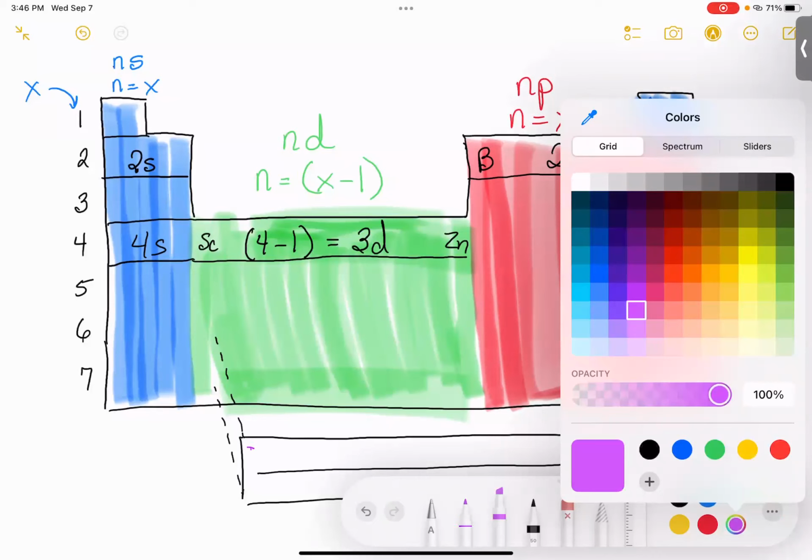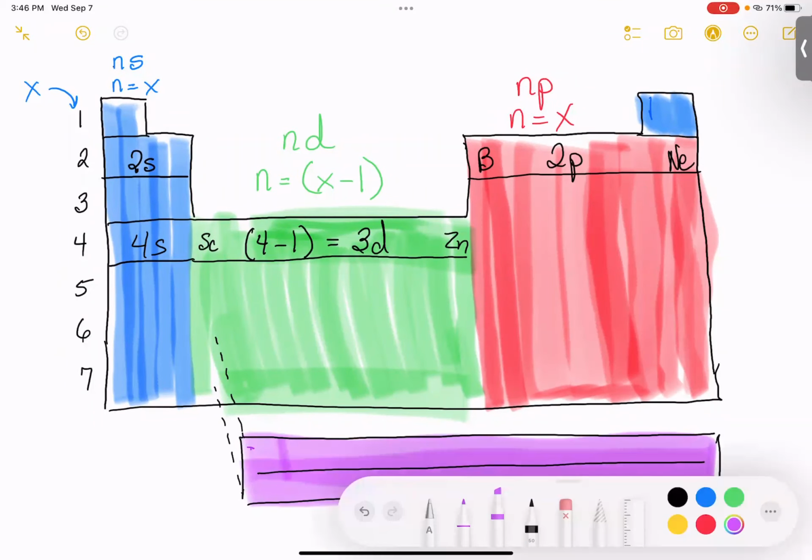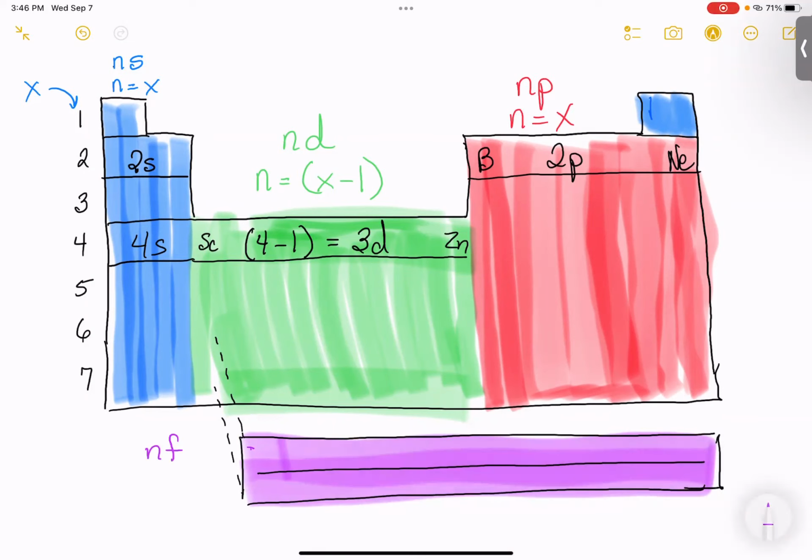These Lanthanide Actinides, they are in the NF area. We didn't talk about the F because I can't draw it at all. I can't even come close. It's two clover leaves sitting on top of each other. Where N equals X